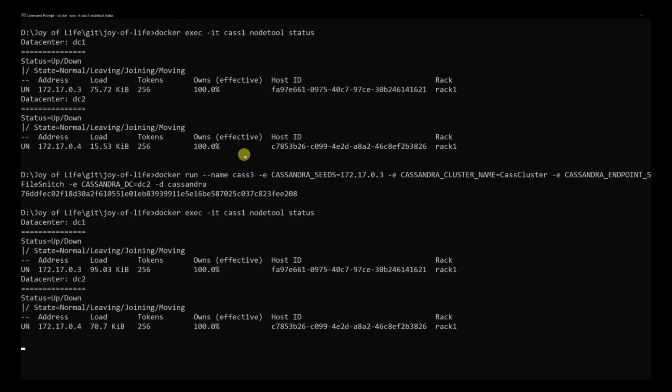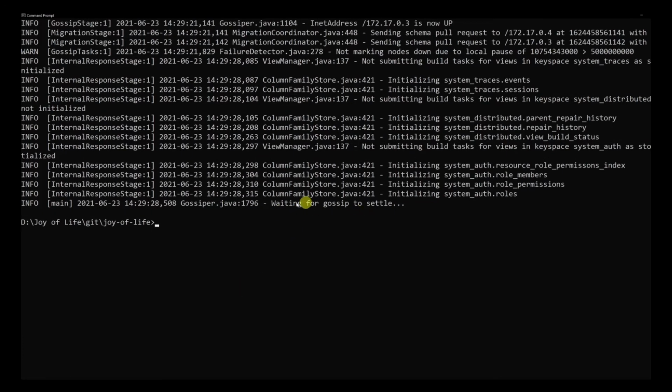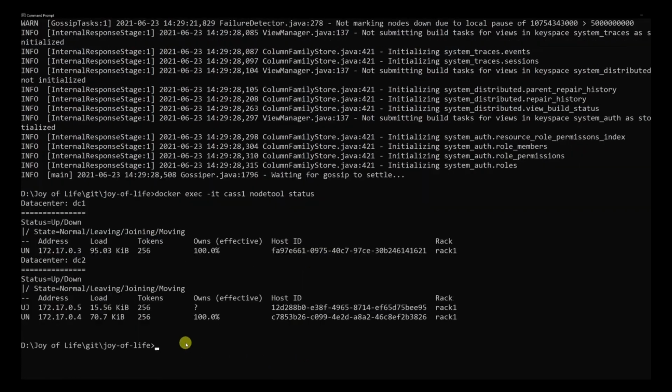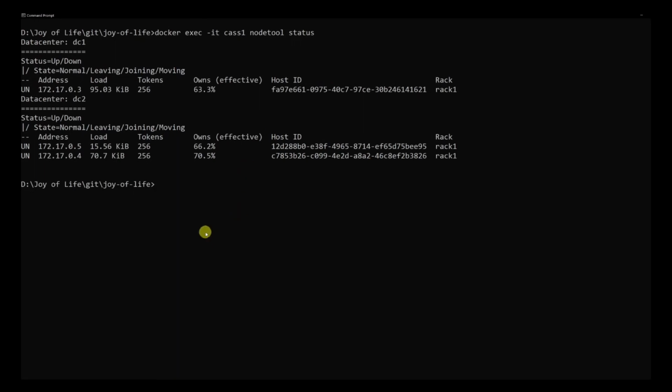It will take a little while for him to pick it up because I think it's starting up at the moment. I can see that it's waiting for Gossip to settle. So he's joining the ring now. Let's go ahead and check if he has joined the ring or not. Well, you can see that he has been added to the ring, but his range is not assigned. That's why we have a question mark over here. And soon we'll see that he will be assigned a range. So over here we can see that now it has been split up between the three, right? They are sharing the load among themselves.